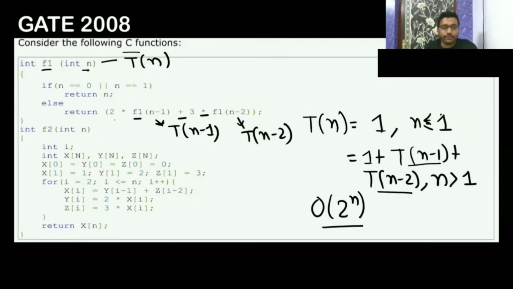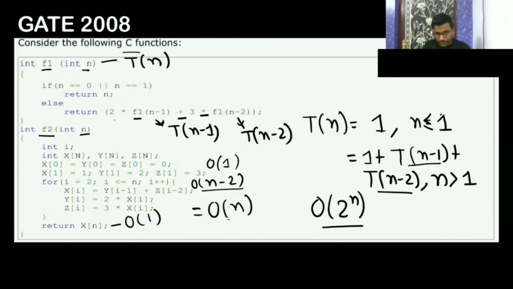Now this is our next function, f2. For f2, you people give me the time complexity, because you can do it. Just tell me what is going to be the time complexity for f2. So f2 is saying that the size is n, with one initialization, another initialization, then again an initialization. All these things take constant time, that is big O of 1. Now this loop is running from 2 to n, so like n minus 2 times. Because of this for loop, the time complexity is going to be big O of n minus 2. And then it is returning, again constant time. So the overall time complexity is going to be big O of n. Asymptotically, you can say it is going to be big O of n.